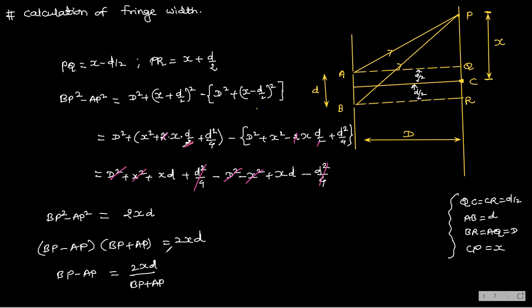Okay. Now, as this d is very small than capital D. Yes, no, this slit width is very small as compared with this D. So these two lines are nearly straight, because this is very near now. So I can take these two lines as equal, and therefore I can take bp plus ap is equal to 2D. Okay, and therefore I am getting bp minus ap, that is path difference.